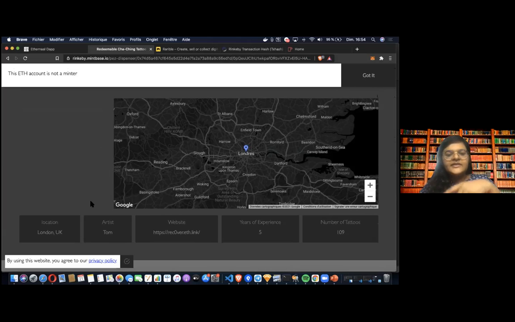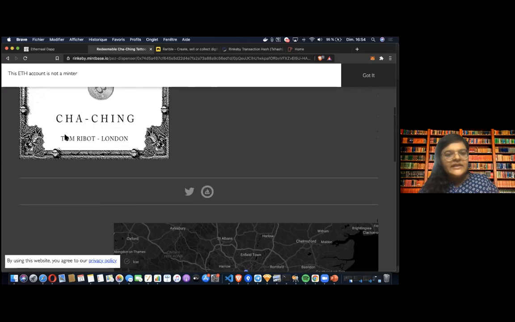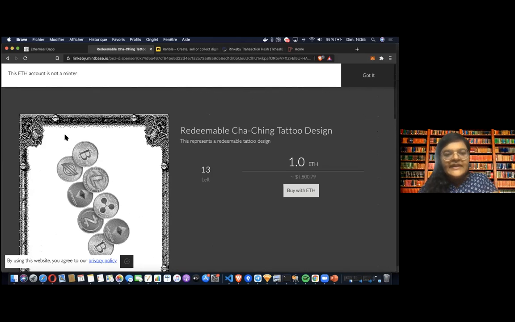And why we have added the metadata part is that it is important to know, especially for redeemable tattoos, right? So if you scroll up, you can see that this tattoo, especially, is a redeemable tattoo. That means they can take this design and redeem it with the artist once they buy this NFT, the user.